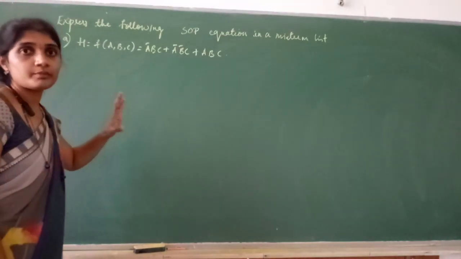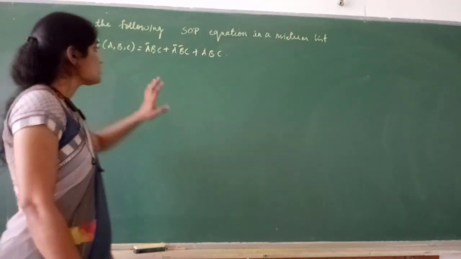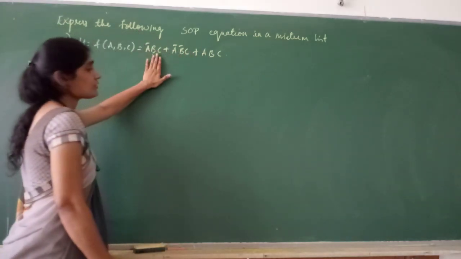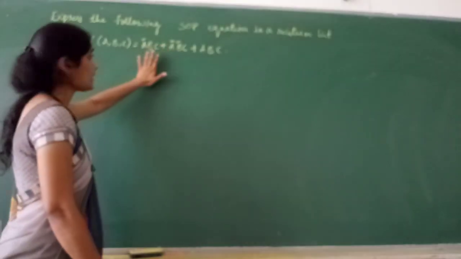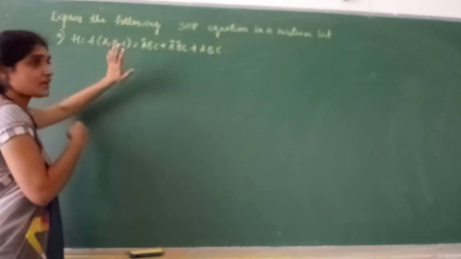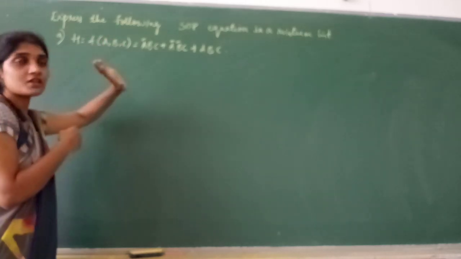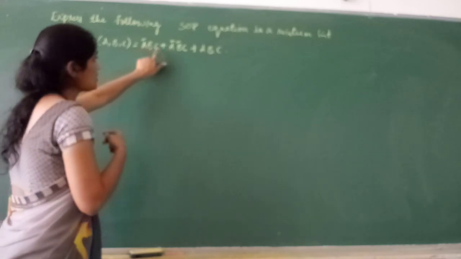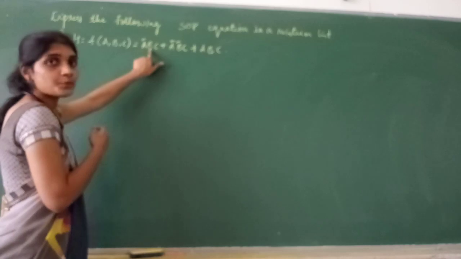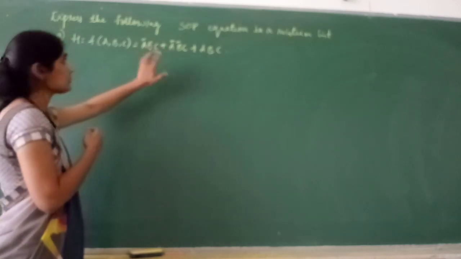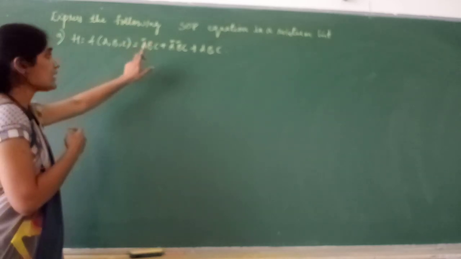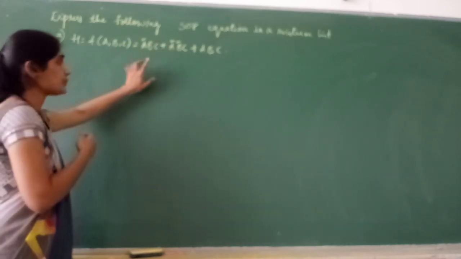You know what is the meaning of min term, you know what is the meaning of SOP. So now this is a min term, this is a min term, this is a min term, and the complete equation is referred to as an SOP. And one more thing, can I call this a canonical SOP now? Let us check. What are the input variables we have? We have A, B, C as the variables, right? Now this is a product term, this is a product term, this is a product term. To call this a canonical SOP, in each product term, all the three variables should be there. Since we have got three input variables, in each product term, all the three variables should be there. Only then can I call this a canonical SOP.